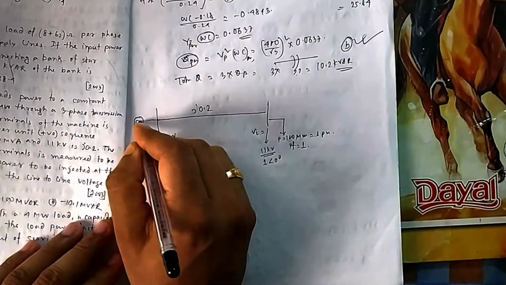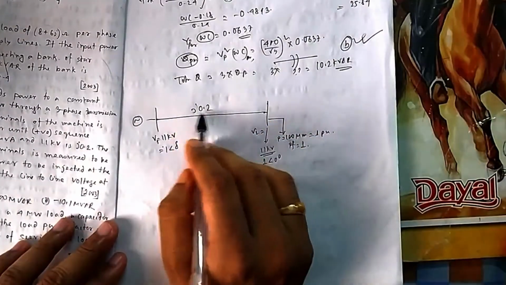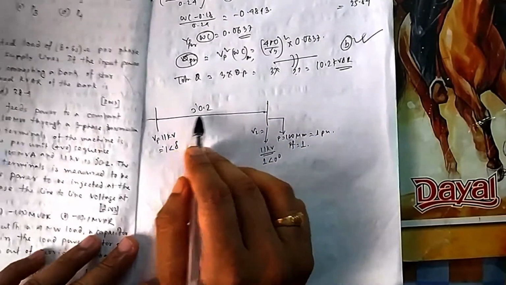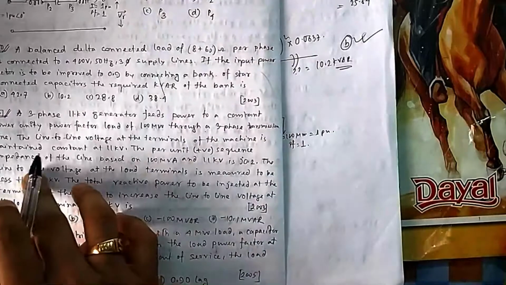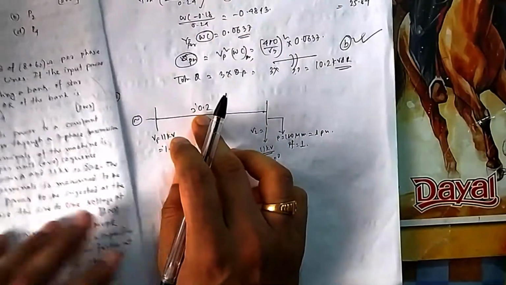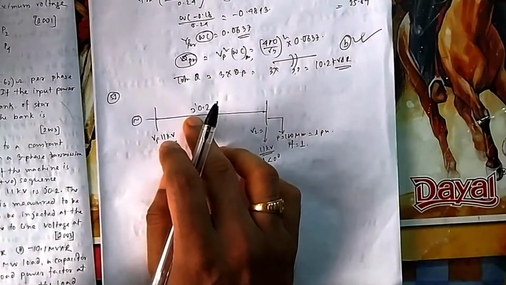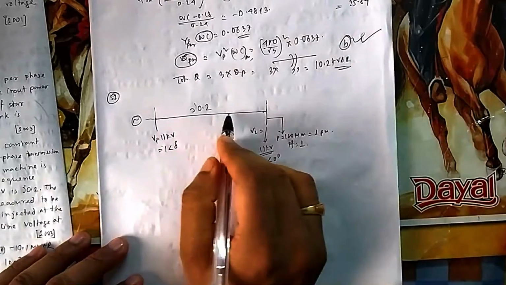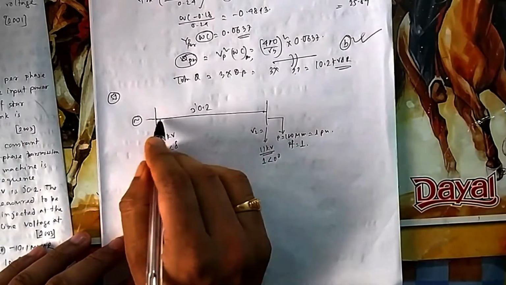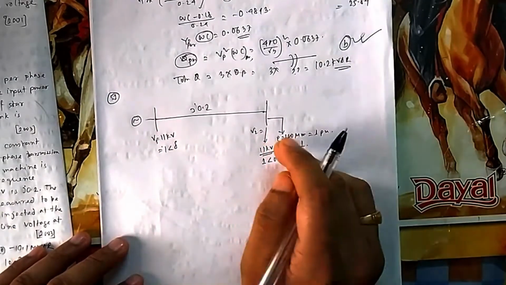There is a generator connected here. You can see the transmission line has no R. The positive sequence impedance they have given is only j, no R. So obviously there is no loss in the line, because if there is R then power losses will be there, but because there is no R, no power will be lost. Whatever real power has been thrown from this side, the same power you will get here.